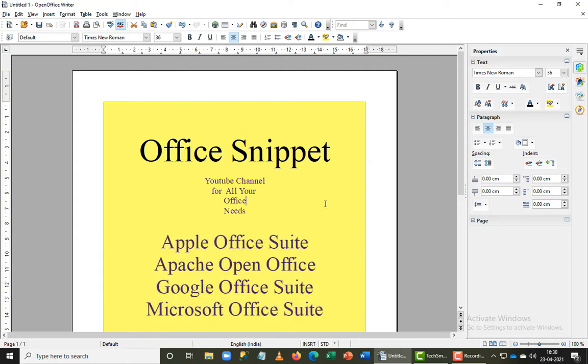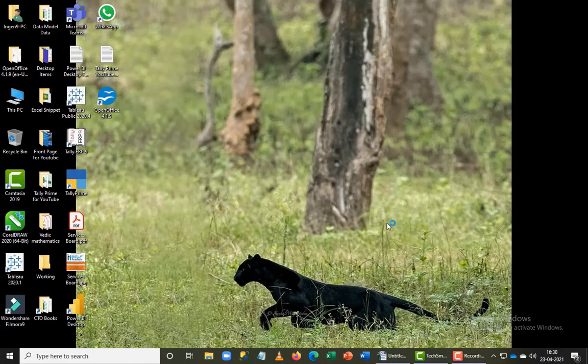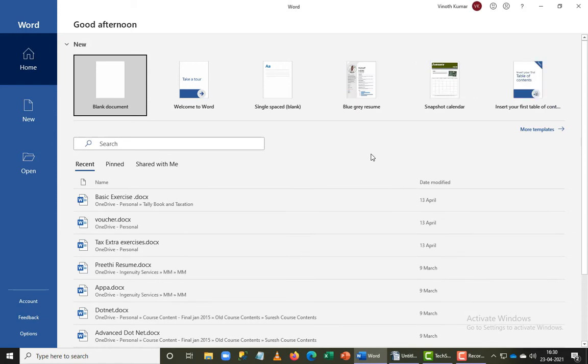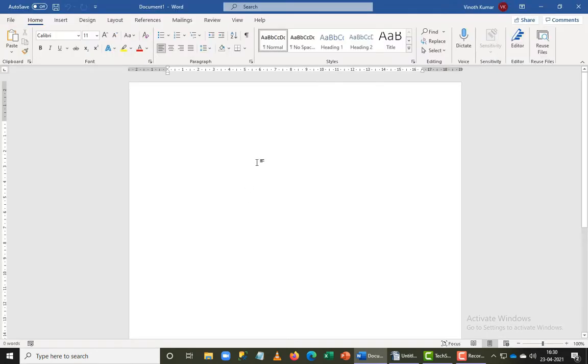The first thing I noticed is that in Microsoft the maximum font size is somewhere around 72, I believe. I'm not really very sure, so let's compare it. Let me open my Word document in Microsoft and see what size of font I can increase to. Let me add a blank document here, add the words Office Snippet, and then select them and make them bigger.